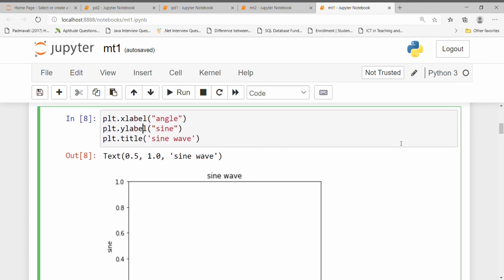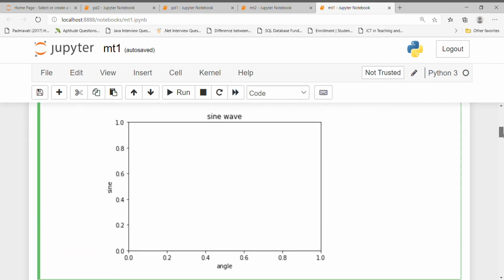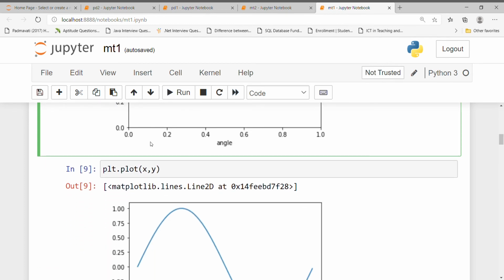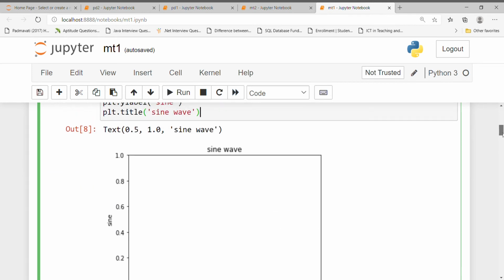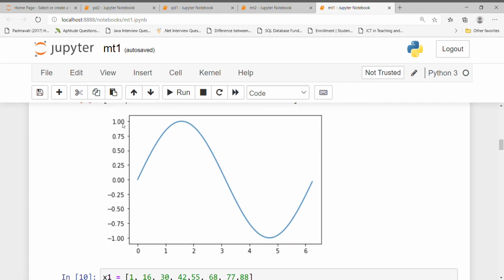For displaying this, I am not using any kind of function here. Only the sine wave, sine and angle, these three labels are displayed and no plot is displayed. The plot will be displayed only when we use plt.plot(x, y). This function is used to display our plot.